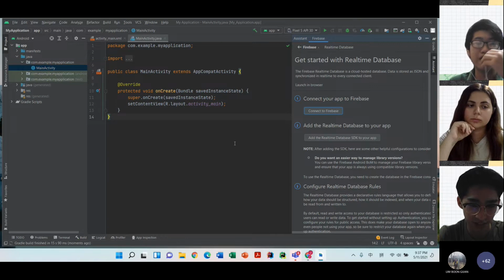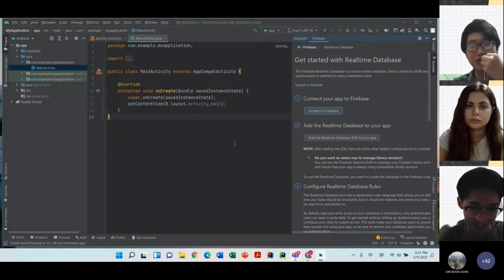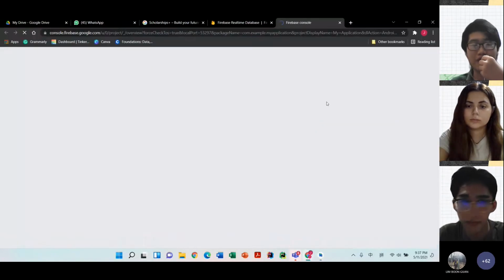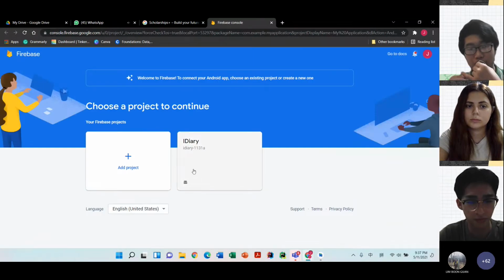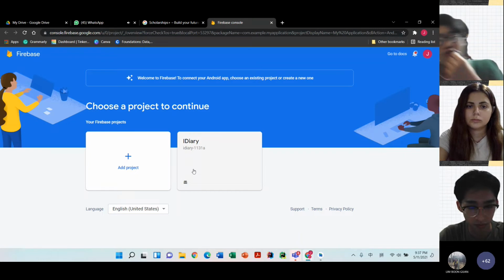And while we are waiting, I want to mention that connecting Firebase to Android Studio can happen both ways. In this case, we are starting with Android Studio because it's simpler and more direct. But if you are in the mood to go the hard way and start from Firebase and connect down to Android Studio, then it's your call really.